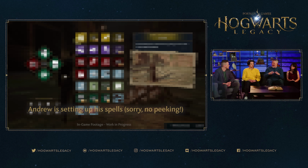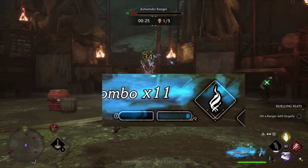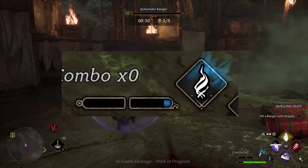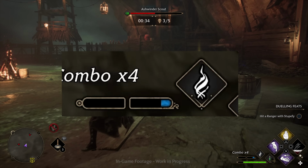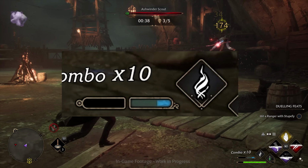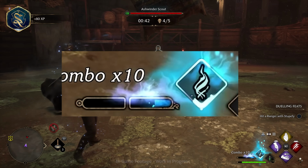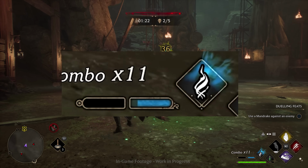Another thing that the community was right about was the ancient magic meter and ancient magic symbol. This is something that everybody kind of said. I mentioned it also in my reaction to the latest gameplay showcase before this one, because they wanted to keep it a secret, but they've been using that symbol so much and we kind of already knew that this is going to be the ancient magic symbol, but they've kindly confirmed that this is the ancient magic meter